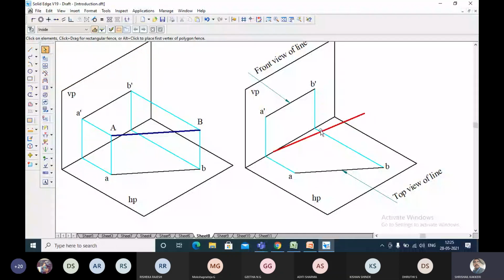The line is AB. It is inclined at an angle of 30 degree here. It is 80 tan 30 degree. I am not going to take the angle because I have not taken the dimensions for this. Just in order to make you understand, I am writing the thick line.